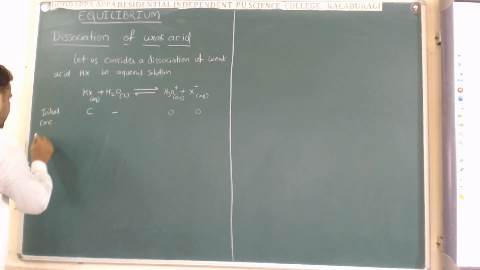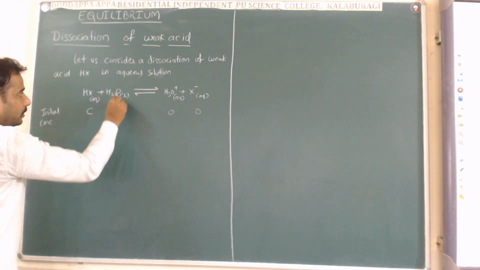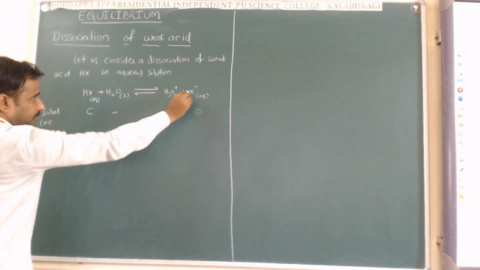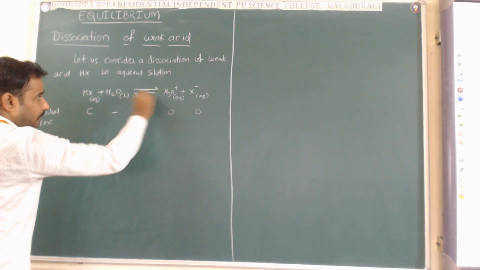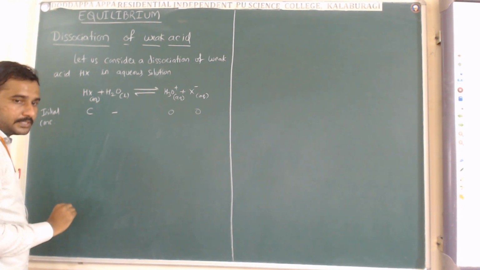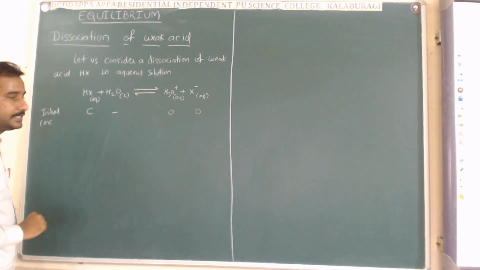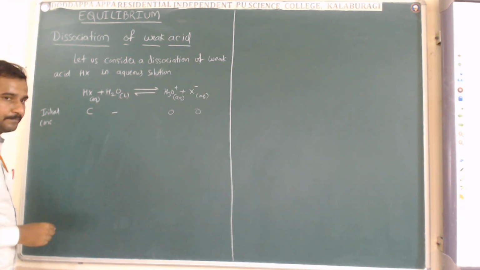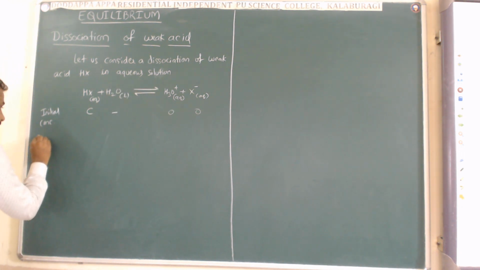Next, at equilibrium, when the reaction goes on, HX combines with the water, and it undergoes dissociation into H3O plus and X minus here. So first the forward reaction takes place, then the reverse reaction goes on, that is, H3O plus and X minus combine into HX and H2O. So when the equilibrium is attained,